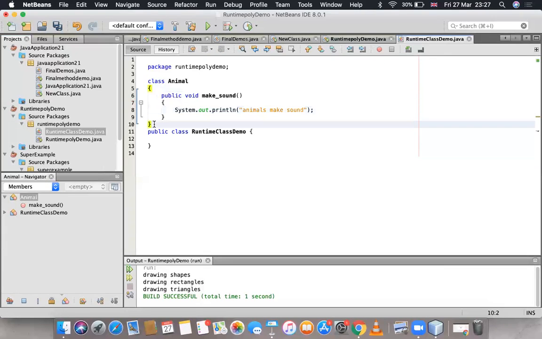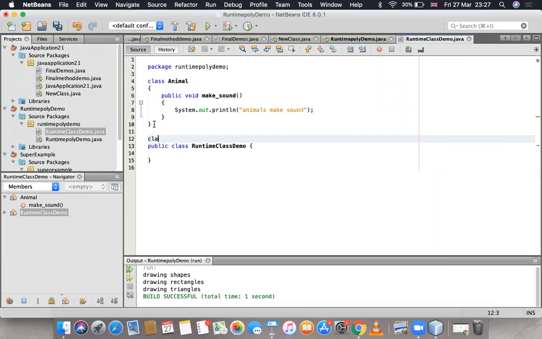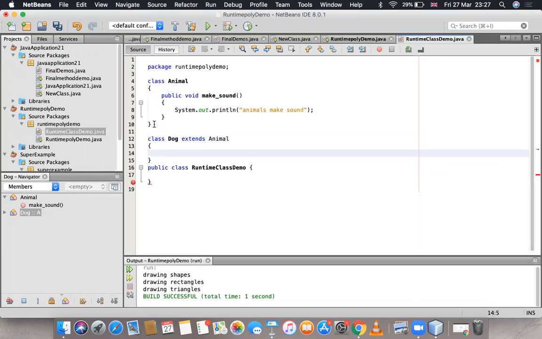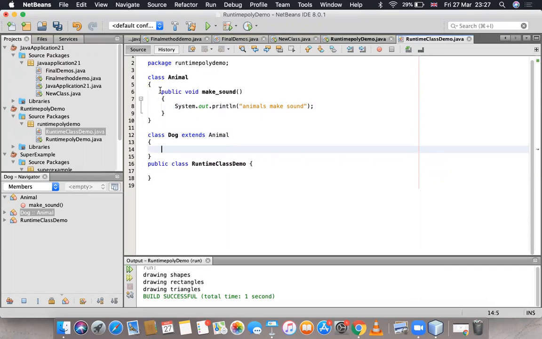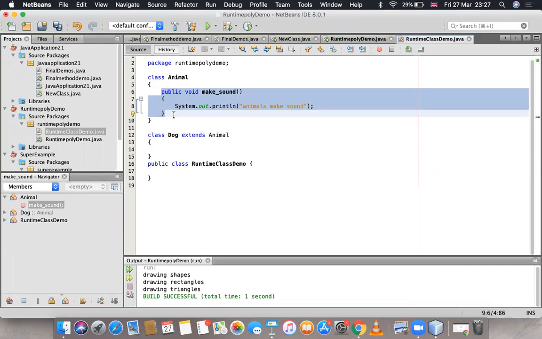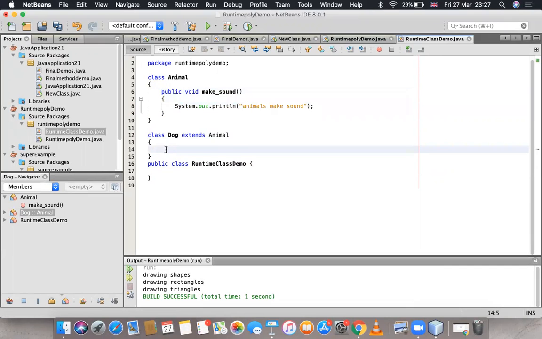Now I'm writing one more class, that is class Dog extends Animal. And in this, again, I'm just going to override the same method declared in the superclass.